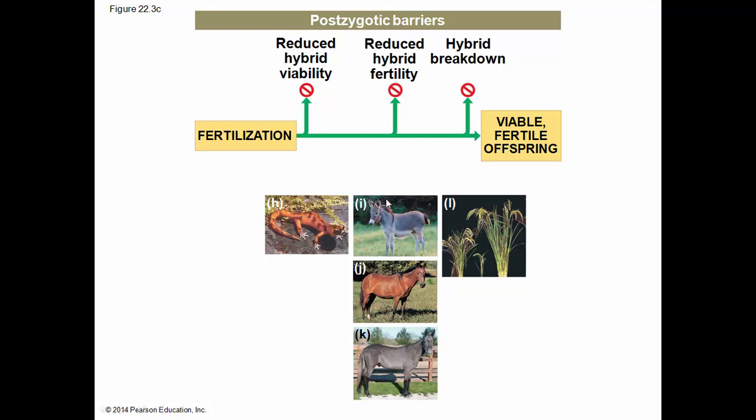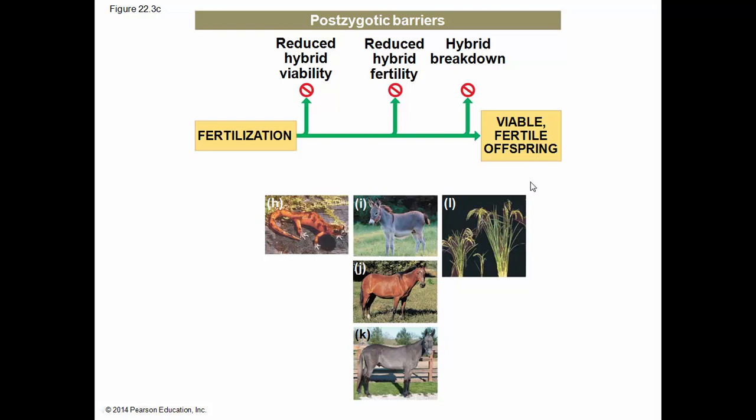Reduced hybrid fertility. The male donkey and the female horse produce the viable mule, which is an incredibly strong and useful draft animal, but it's not fertile. A mule can't breed with another mule, and a mule can't breed with a horse, and a mule can't breed with a donkey. It's become an